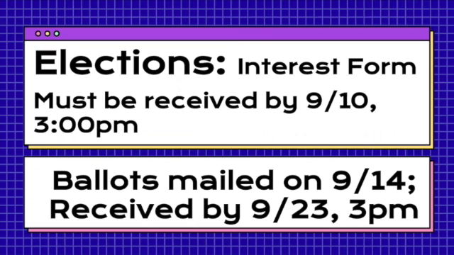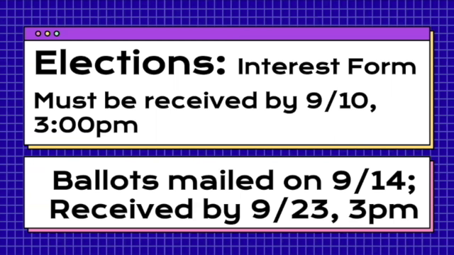Well, we are going to share, starting later today, an interest form. Essentially, it's a form that says, I'm a parent of this student at Meeks Academy. I would like my name on the ballot for school site council. You will have a week to make up your mind if you want to run. Then after that, I'll collect all the names, create a ballot, and I'll mail those out.